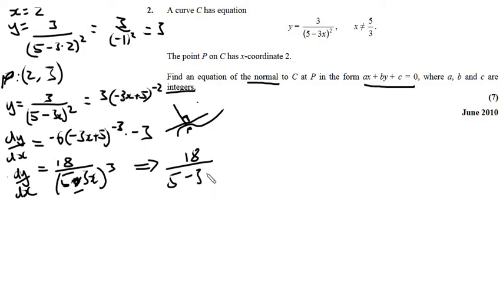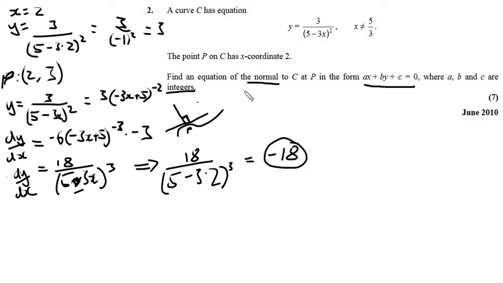Minus 3 times 2 cubed, which is 3 times 2 is 6, so 5 minus 6 is negative 1, so it's 18 over negative 1 cubed, which is just 18 over negative 1, which is negative 18. Alright, so that gives us the gradient